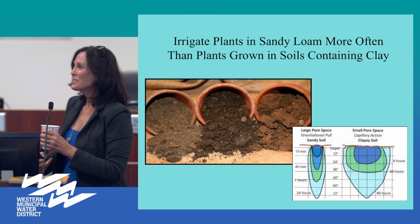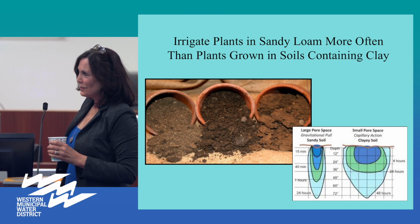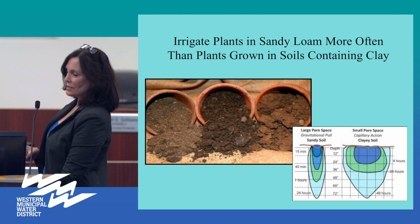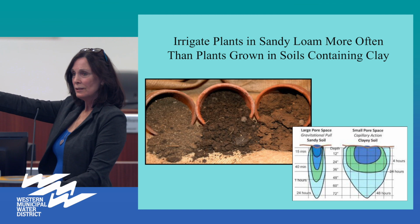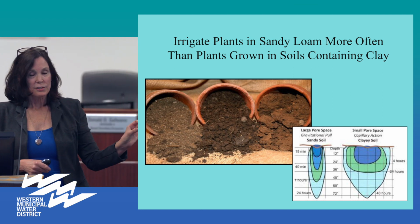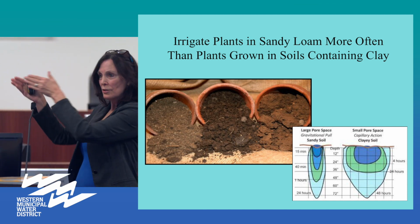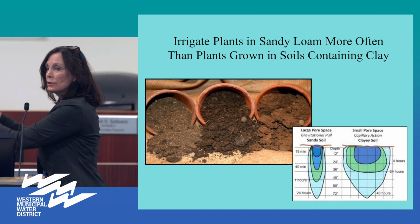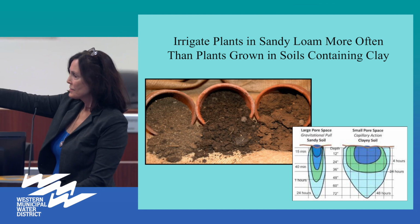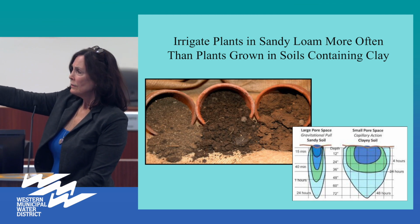So it's important, if you look at the graph, the picture on the right, if you're watering a space that's mostly sandy, your water is going to not only infiltrate much faster than if you have some clay in the soil, but it's also a much thinner profile. So when we're drip irrigating our plants, if you have a loamy soil, then it's going to be an average